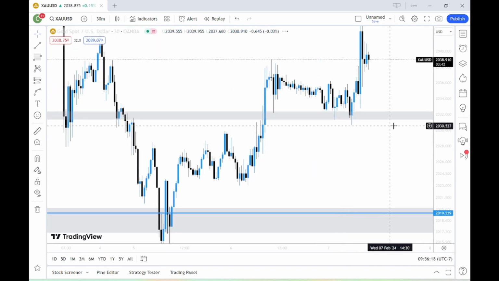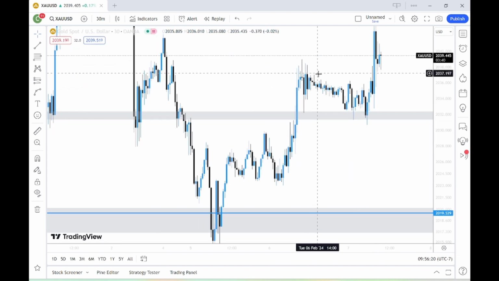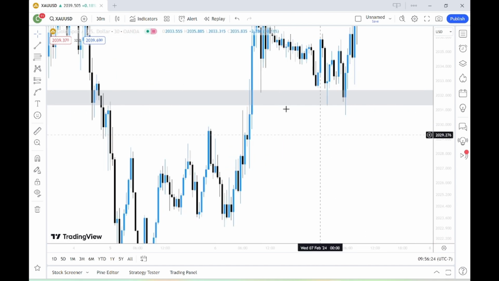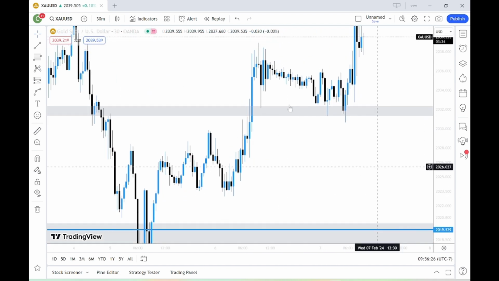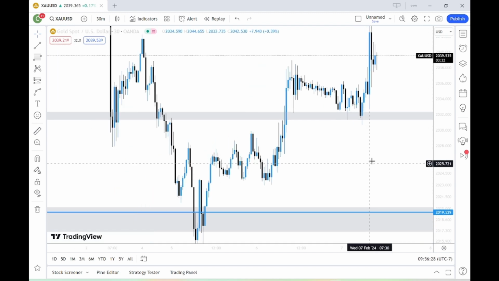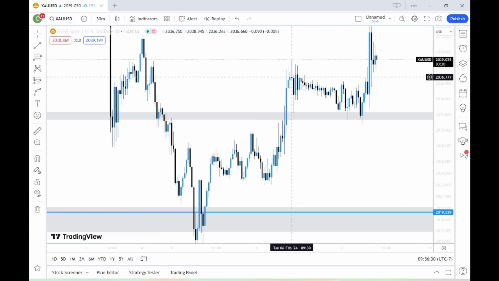So when we come up and break through, initially what I did is I went long here, and right when we came back down to retest, we did wick a little bit, but the interesting thing is the rest of the day is a big test of patience. The rest of the day was extremely slow. We just kind of